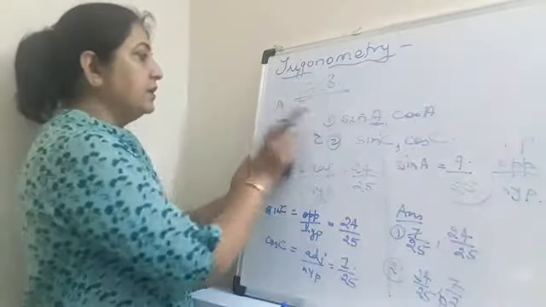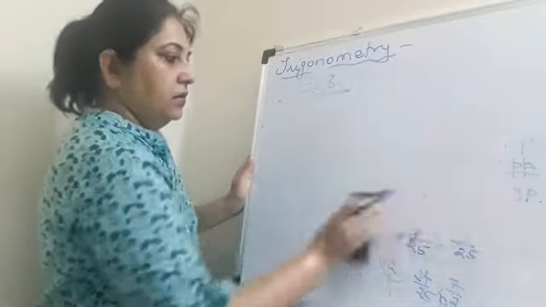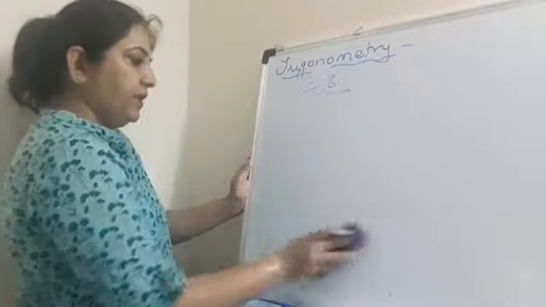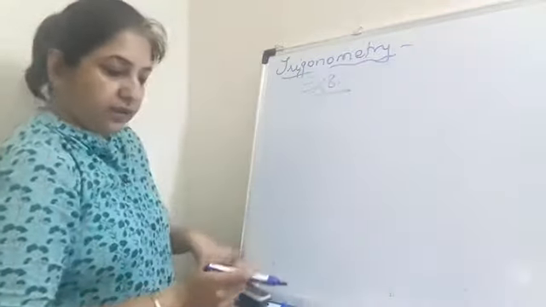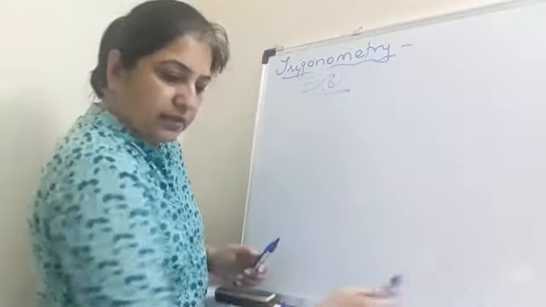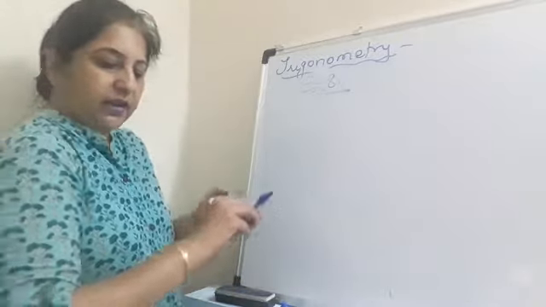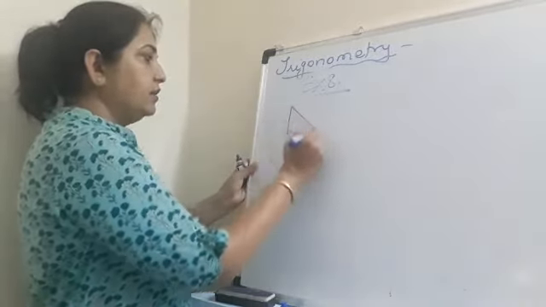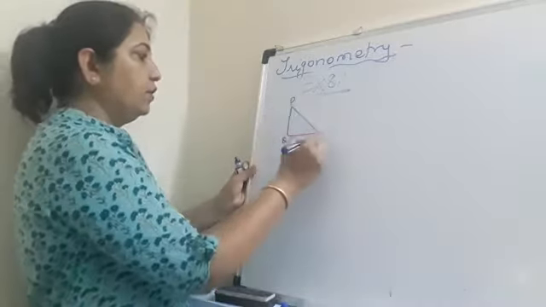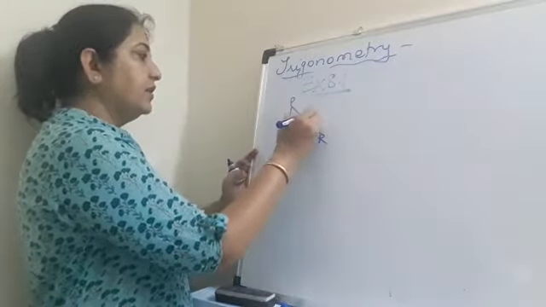So I'll rub it and you can see my video again and again, 2-3 times. If you check it out, you will come to know what I have explained and you can copy also what I have written. Now question 2 says there's a figure given and in the figure you have again a right angle triangle. In the right angle triangle you have P, Q and R. Okay, now this is 12, this is 13.